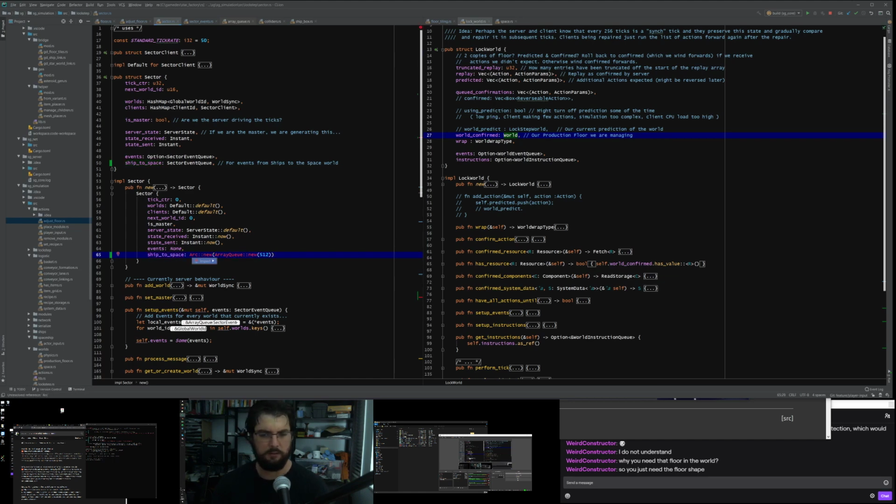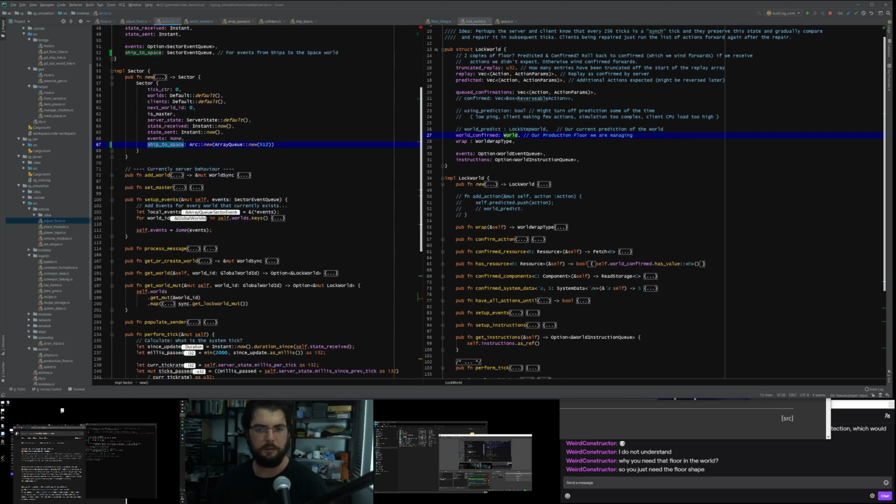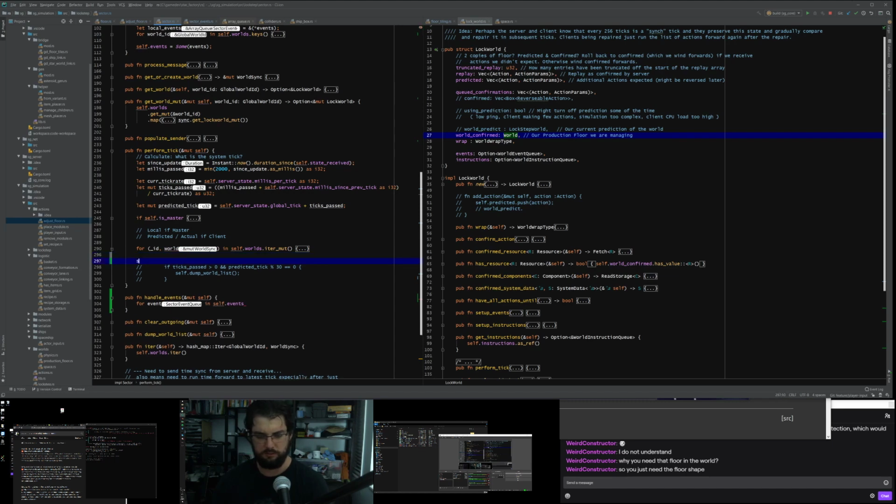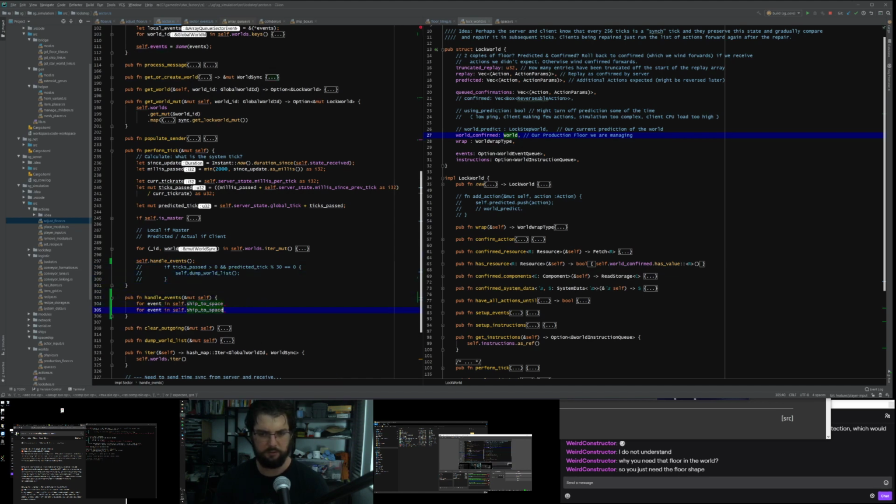So I was going to import all these things, and this number here specifies how many of them we can queue up. We don't really need to queue up very many. We'll just say 32. We can handle 32 events. It seems like a really small number. Let's make it really big again. So ship to space is quite a big number of events for us to process, and then in perform tick we call self.handle events. And in handle events, we're going to go through this queue, ship to space.